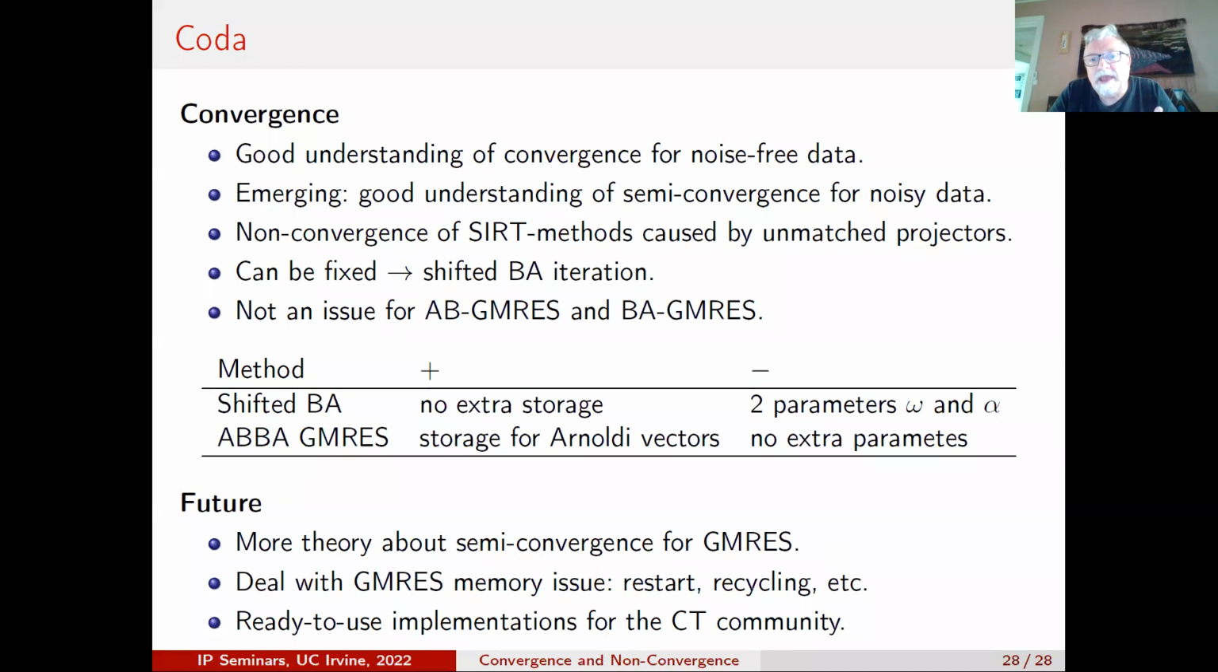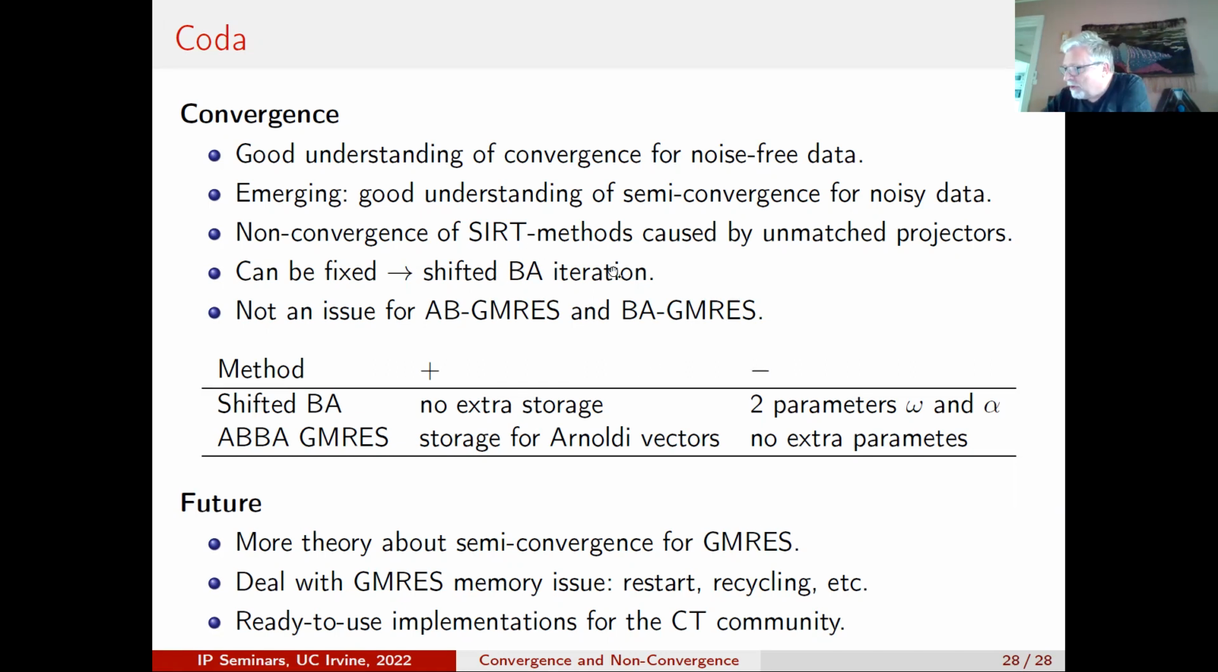Convergence for noise-free data, there's a lot of results for that already in the literature, so we understand that. When we have noisy data and we have semi-convergence, well, there is some theory, and we're still obtaining more and more insight into when and why we have this semi-convergence that I mentioned. Okay, and then we have the non-convergence, that is something we observe for these